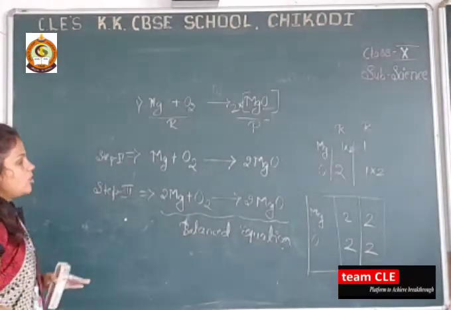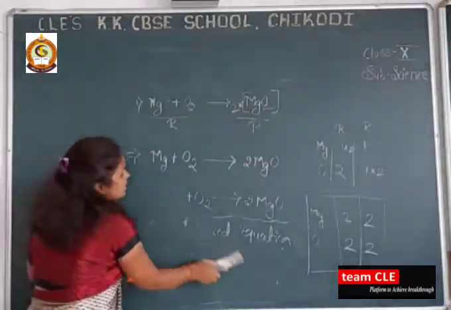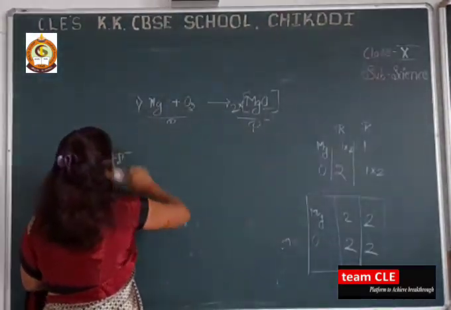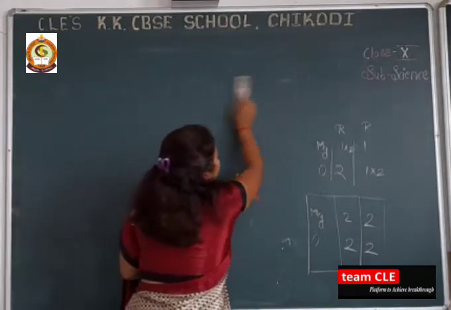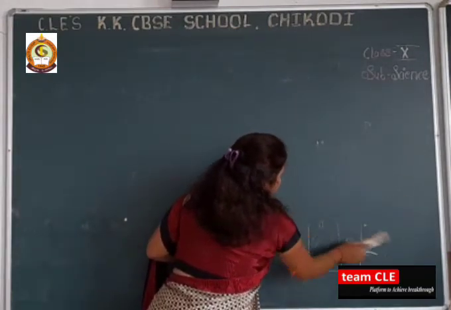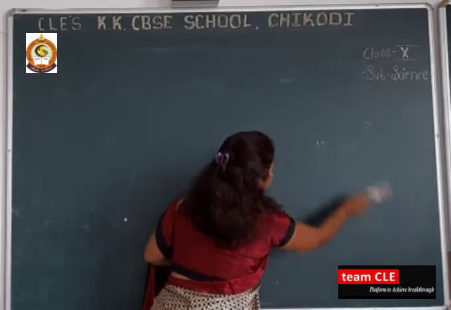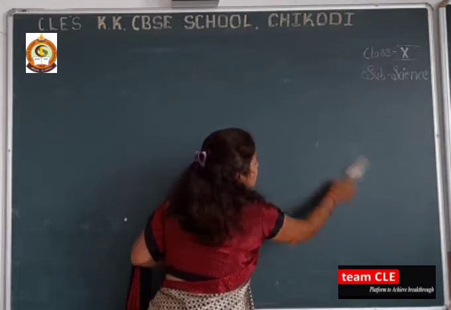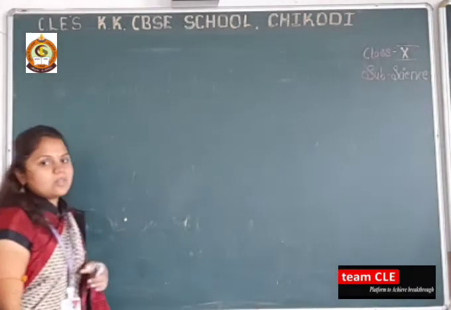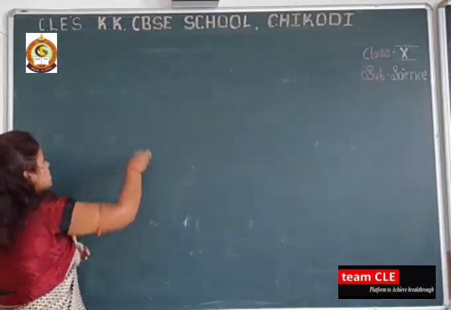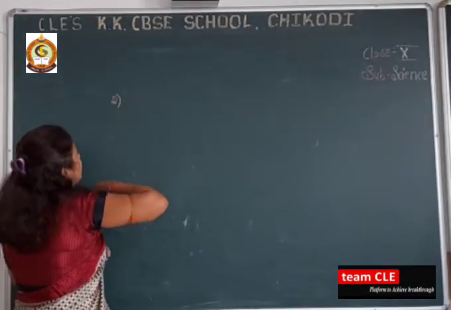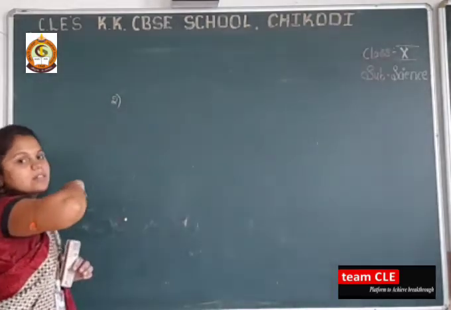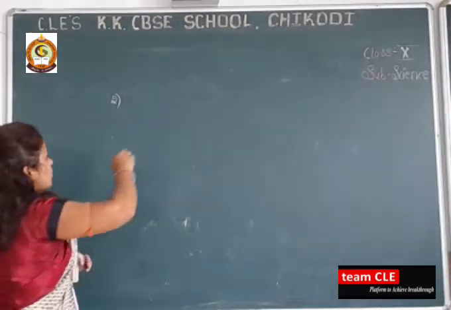Okay. So I hope there is no confusion about balancing this equation. Just practice it. It will give you the answer. Practice makes a man perfect. This theory you have to follow while solving chemical reactions. Now let's go for the second question. Okay, this is the second question which I am going to solve here.